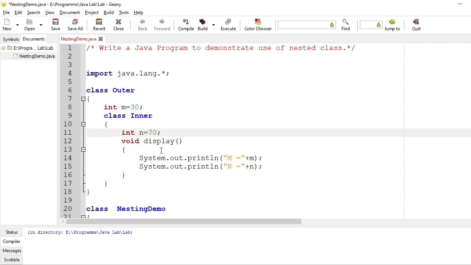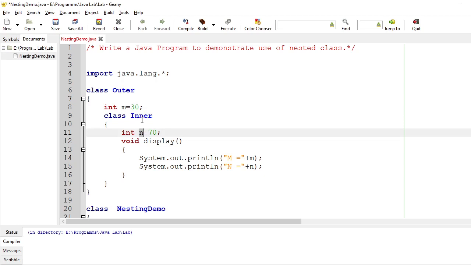One important point you have to remember: the class which is written inside another class, for example here inner, can access the instance variables m as well as n. But the outer class cannot access the instance variable n.